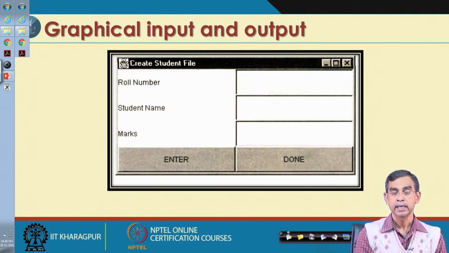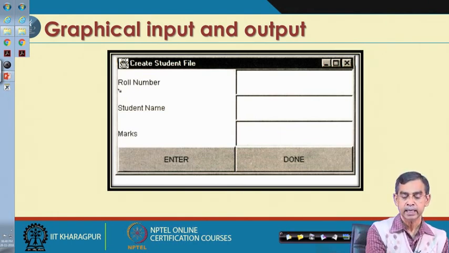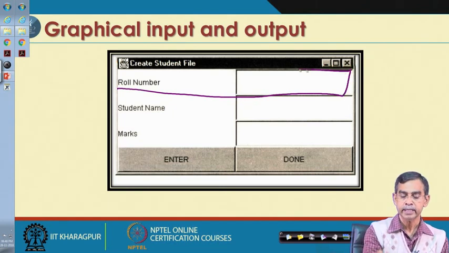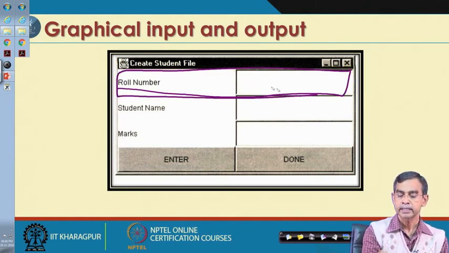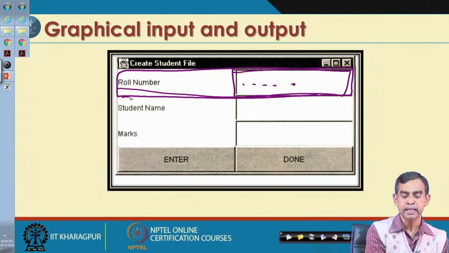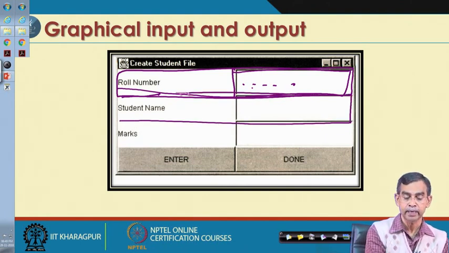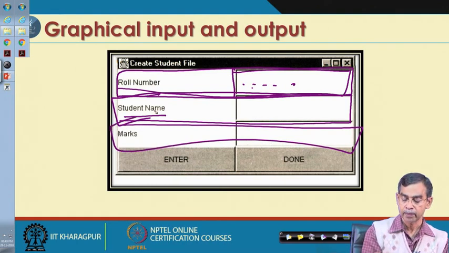Other than the two buttons, it has three more elements. This is called the text entry field, the area where the user can type something, and this is the label for this text entry field. Similarly, the second text entry field and its label is this one, and this is the third text entry field with its label.